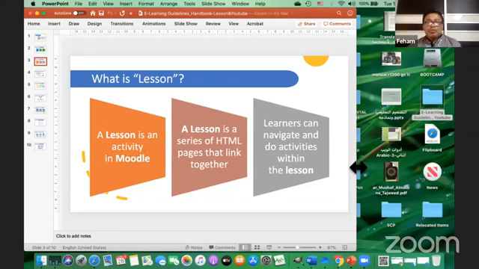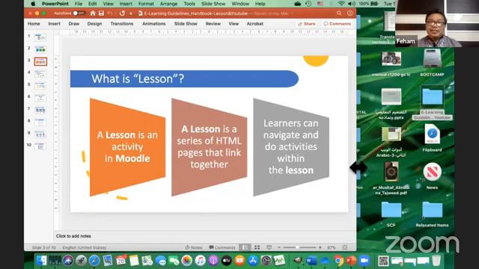this lesson module? It is actually a combination, a series of what we call pages, which are actually HTML pages. When we call them HTML pages, they can consist of many elements, in particular multimedia elements. You can include in the page audio, video, text of course, pictures, and so on and so forth. This is the nature of HTML, because that's what HTML is all about.